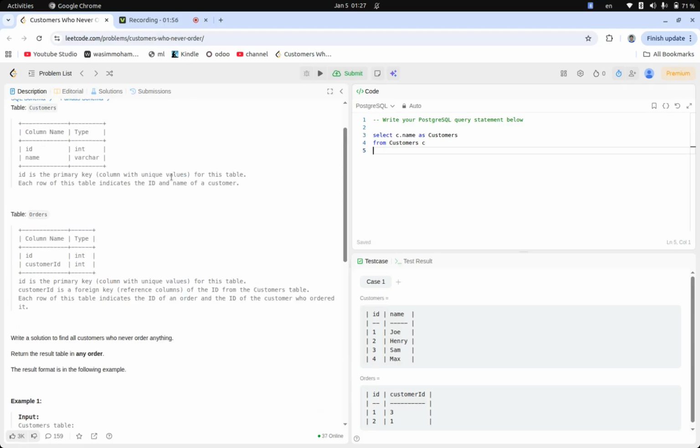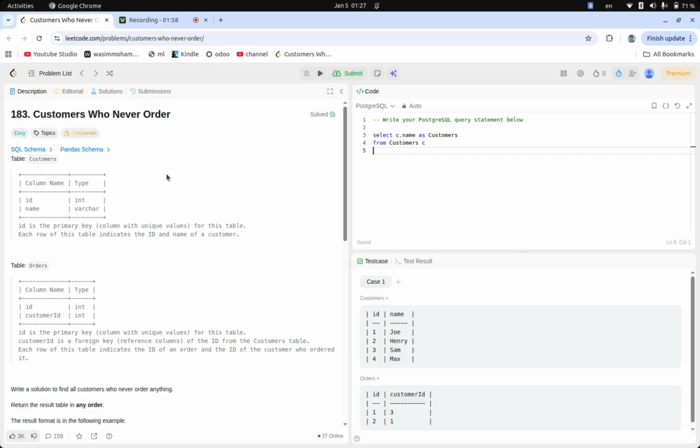Now how do I know what type of join to apply here? So I've got the customers table and the orders table, and they've asked us to return all the customers except for some condition, right? Which means there has to be some filtering, but we need to return all the customers. And so I need to apply a left join, with respect to all the customers, and now we join to the orders table, and let me just give an alias o and say on